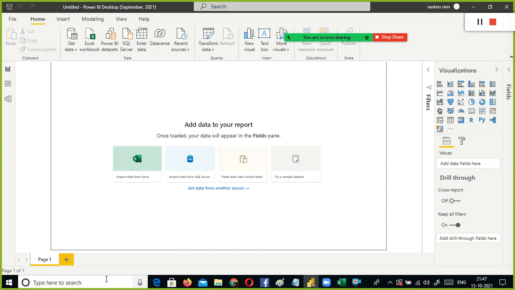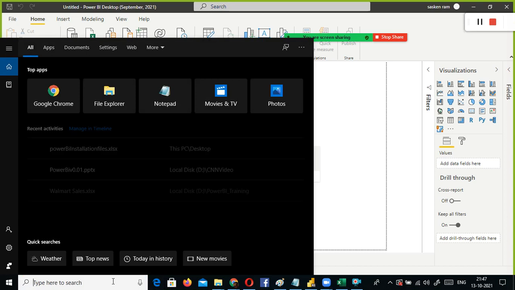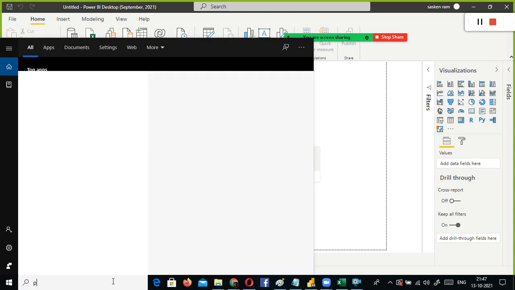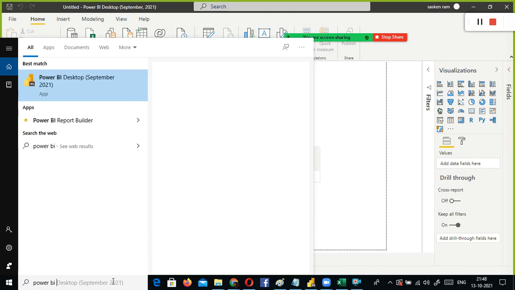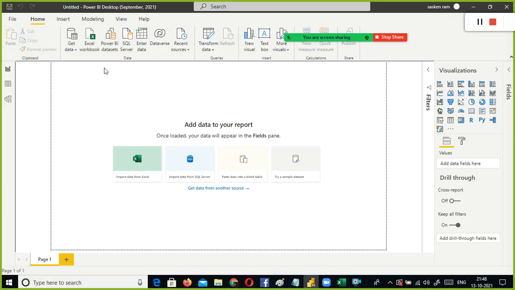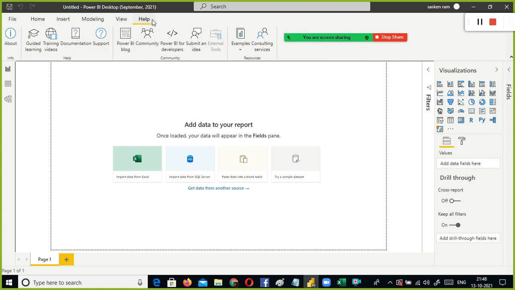So this is what Power BI is. What you do is, you go here. Once you have done the installation of the desktop, if you type Power BI, you will find something like this and click open. It will open like this. Okay. This is your Power BI desktop. But whenever you use Power BI desktop, make sure that you are using the latest version. Okay.